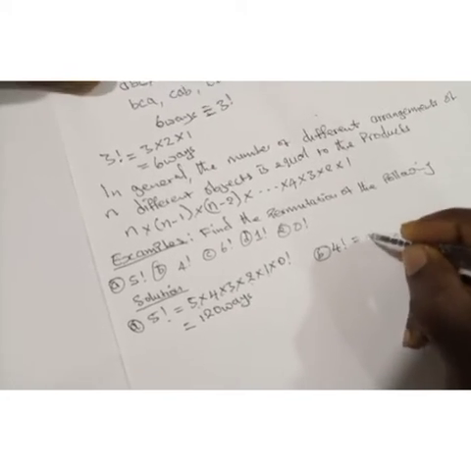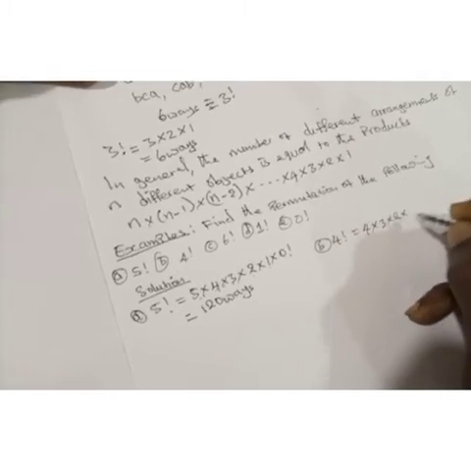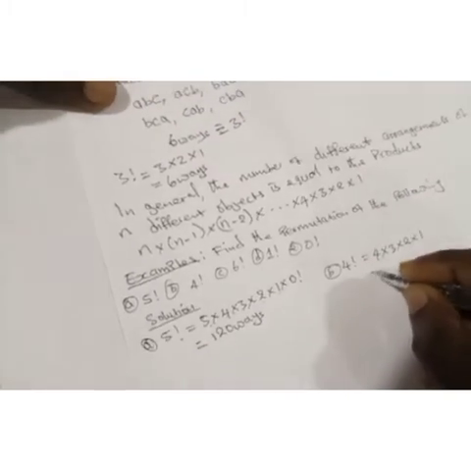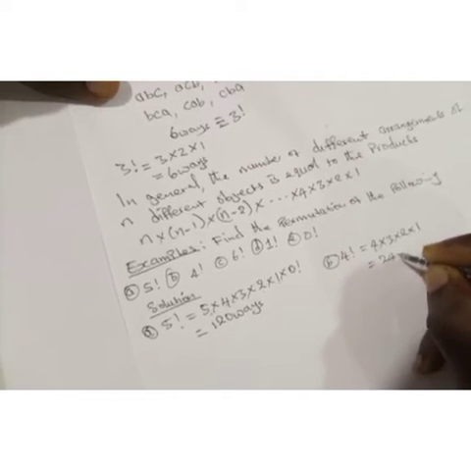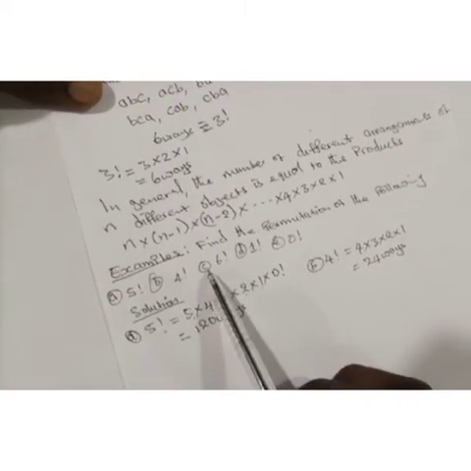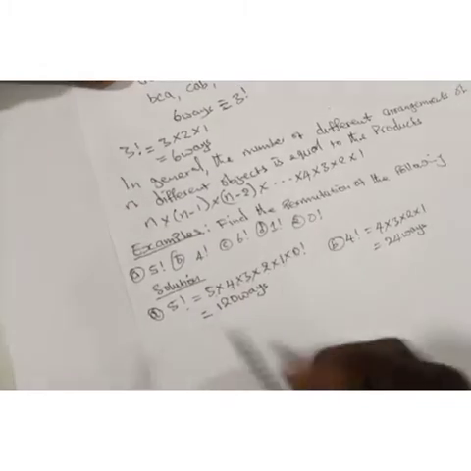So let's say the B part, we have 4 factorial. 4 factorial is equal to 4 times 3 times 2 times 1. So no need of putting the 0 factorial, which will be 4 times 3 is what? 12. 12 times this, it will be 24 ways. So you can try this C part, 6 factorial, you can do that. Then which D,